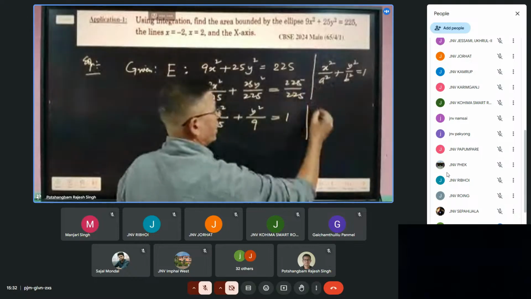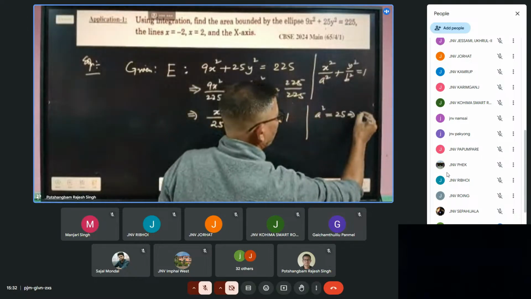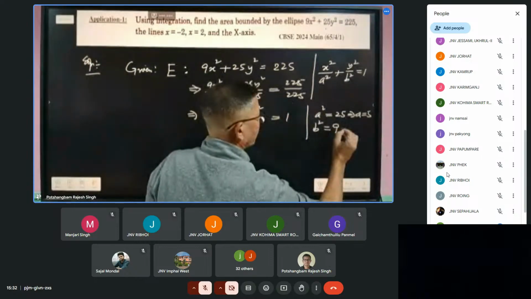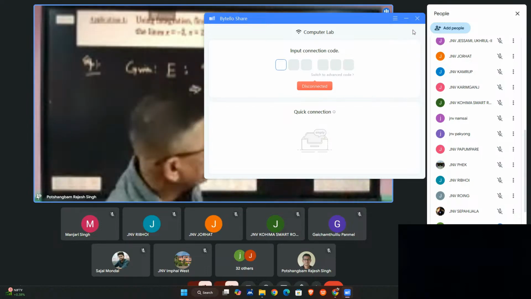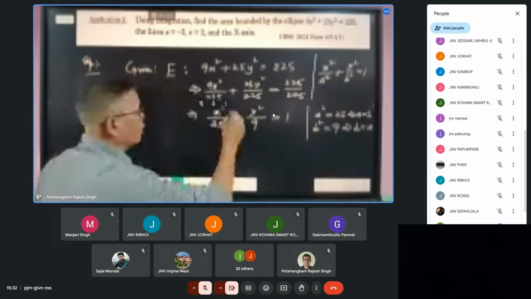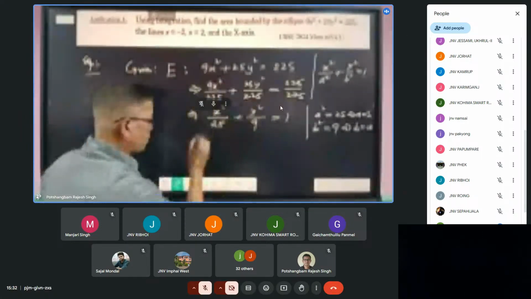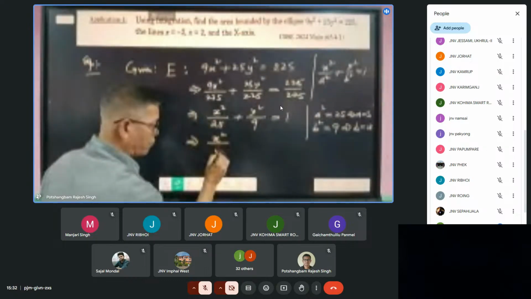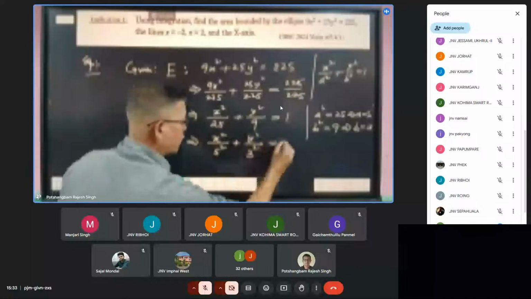If you compare, a square is what? a square is 25. From this you can say that the value of a is 5, and b square is 9. From this you can say that the value of b is 3. It means that the semi-major axis is 5 and the semi-minor axis is 3. And as you are to find the area, another one, x square by 25, better to write as perfect square 5 square, y square is the perfect 3 square equal to